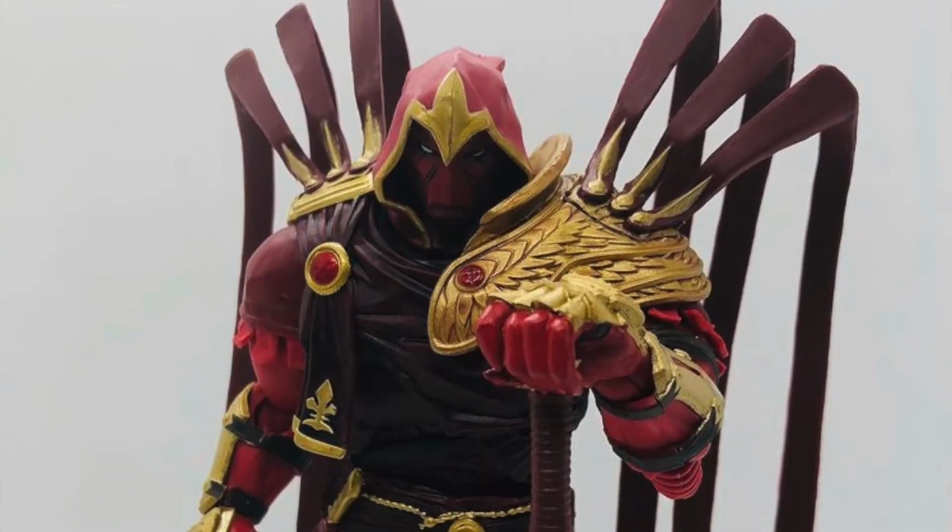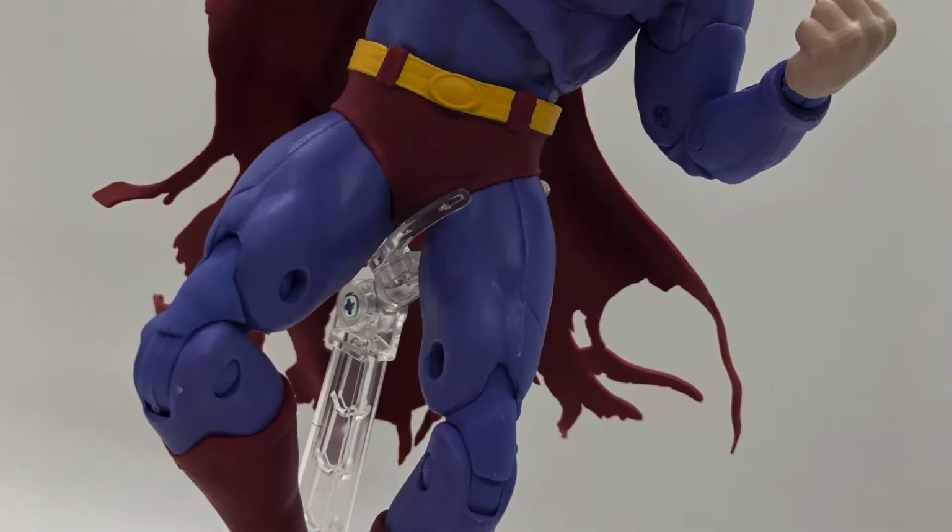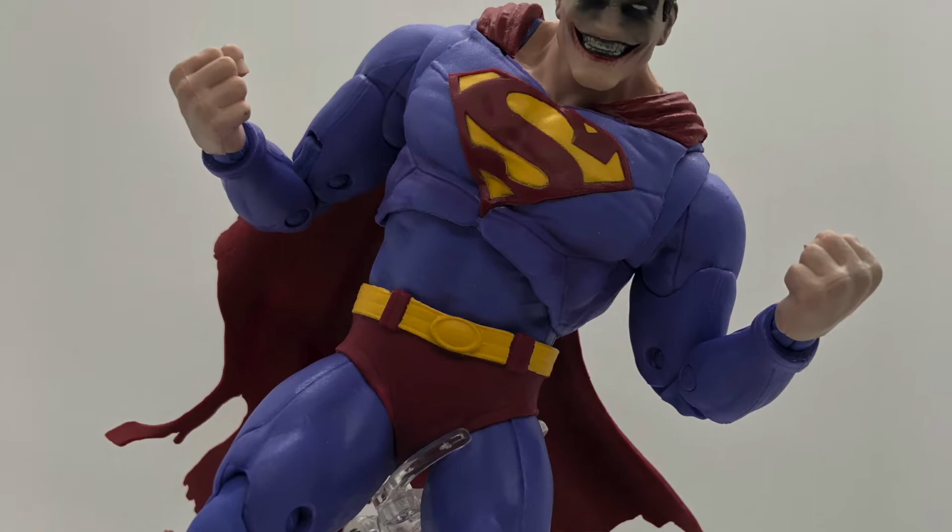be mentioned. First off, we have here the McFarlane toys, Azrael from White Knight and Infected Superman. Both are incredible figures, and McFarlane really killed it this year. Unfortunately, there are no McFarlane toys on my top 5 list, but I wanted to mention them because they are just absolutely fantastic. So not only do I want to mention these two, because these are probably my 2 favorite